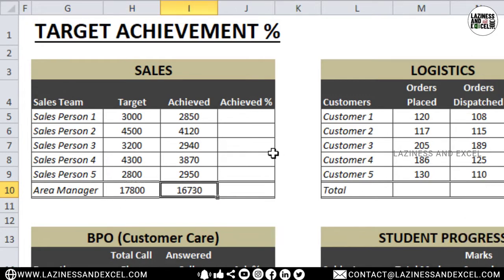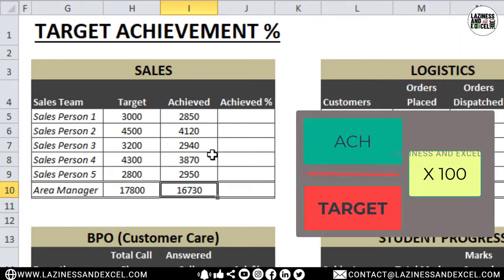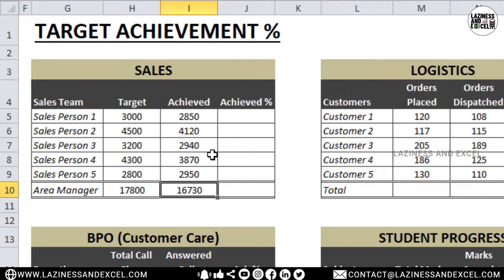And finally, we need to find the achievement percentage of each salesperson, including the area manager. As I told you, the formula to find the achievement percentage was achievement divided by target into 100. But in Excel, it's slightly different, where you can just write equals achievement divided by target and hit enter.